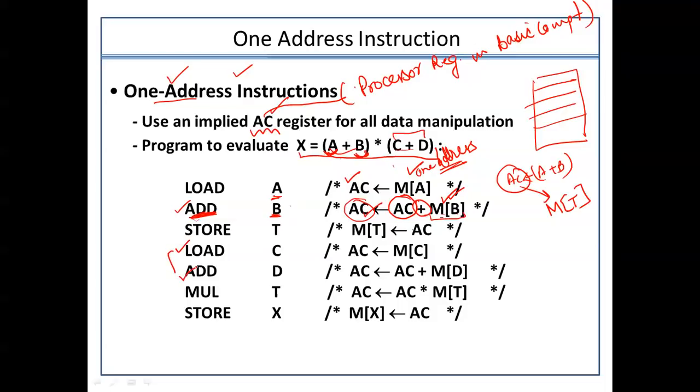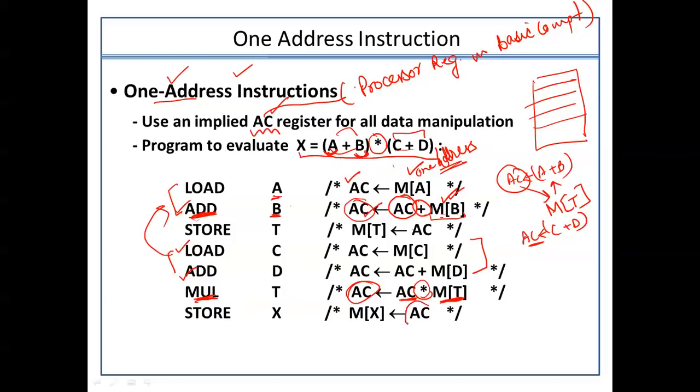Again, loading the data, performing the addition. This step is similar to what we have done here. Once the accumulator again has the value of C plus D stored in it, after that I have to simply perform multiplication of this data with this accumulator's value. So let's understand that also. Now we will perform multiplication of the value stored in the accumulator and the memory address T, because T is holding the A plus B. Again, the resultant will be stored in the accumulator.